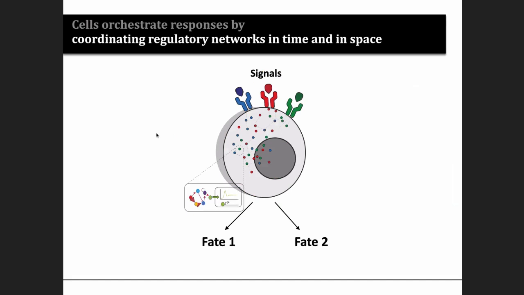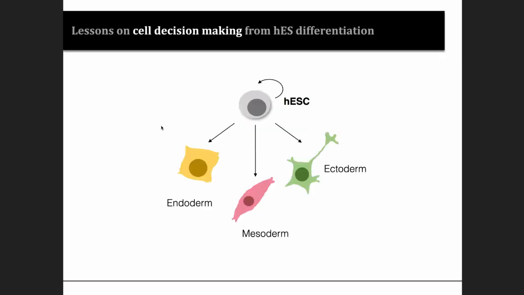I think cells do this best by coordinating regulatory networks in ways that allow them to discriminate between different signals, and allow these networks to trigger different cellular states and ultimately different fates. So an extremely useful system to explore regulatory principles in decision-making is human embryonic stem cells, which have this magical propensity to differentiate into the 3 germ layers and virtually give rise to all the cells in the human adult body. These cells, of course, also self-renew, so they are also an awesome system to understand cell division.